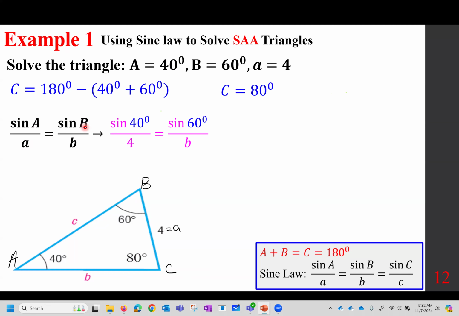Now, there is a cross product. I'll show you once, but you really should recognize b is the product of these two divided by this. So if we were to show this, we would say that 4 sin 60 degrees